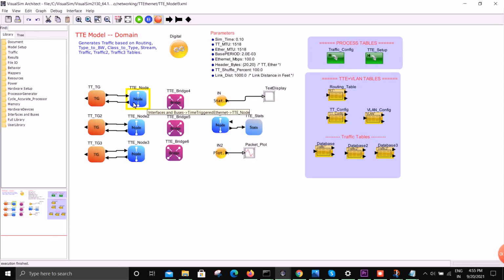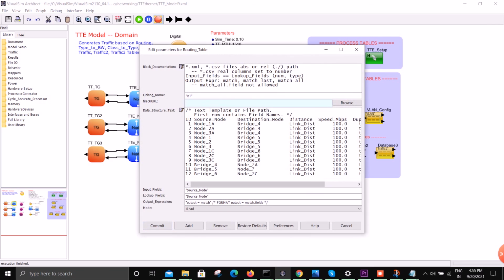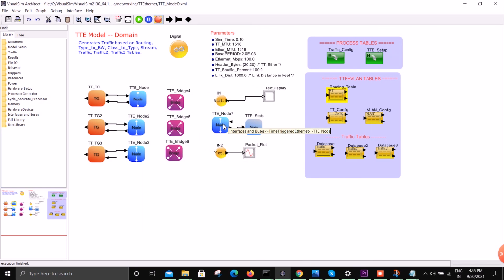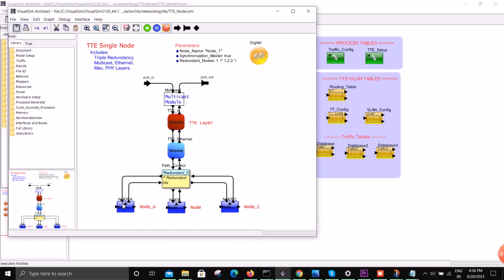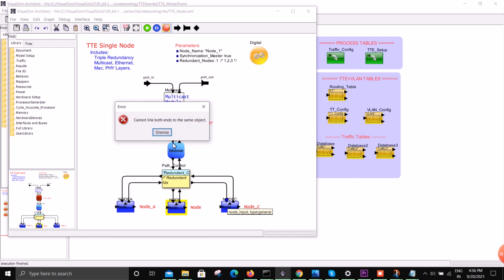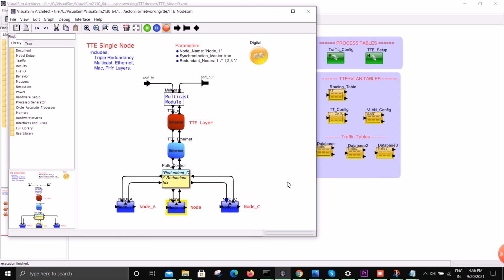So the same information from this particular node goes to all 3 bridges and then goes to node 7, and node 1A will go to bridge 4 and then bridge 4 goes to 7A. When you open node 7, this is node 7A and this is node 7C. So the same information is being collected at all 3 nodes. This can be used either to verify or cross check, or act as a backup plan when any one of the nodes goes down.